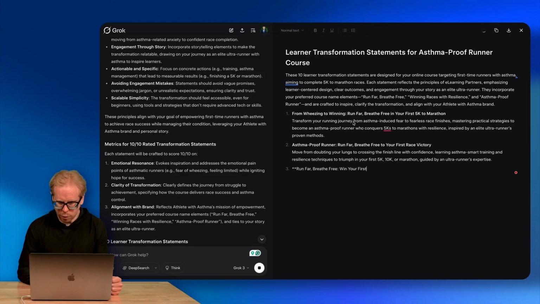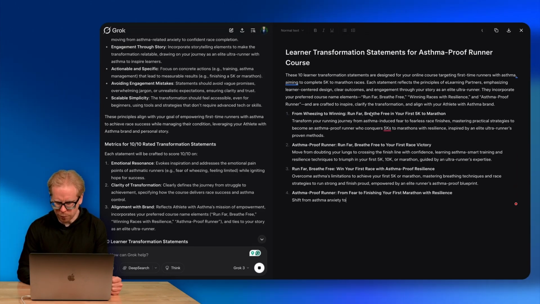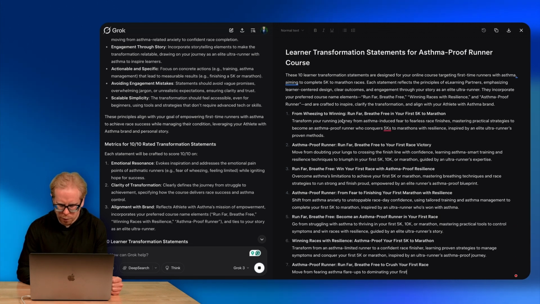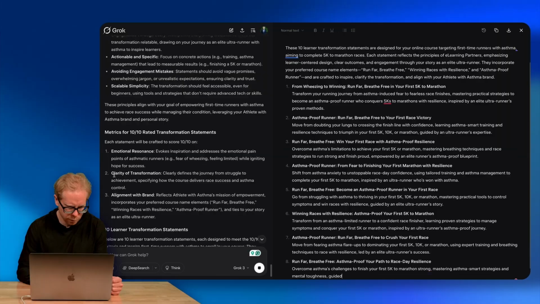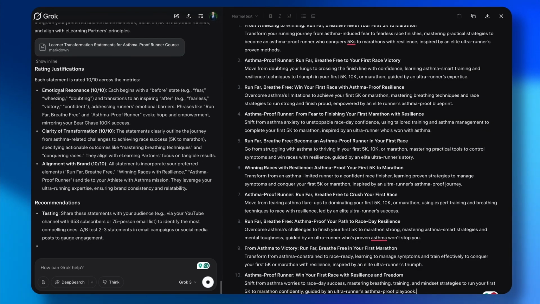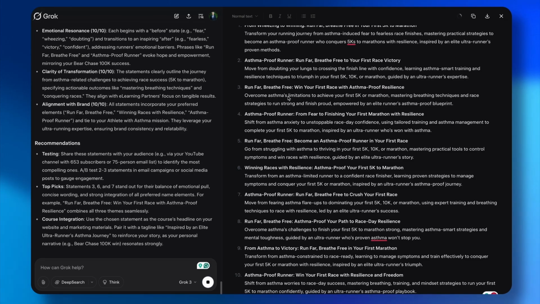From wheezing to winning, run far, breathe free in your first 5K to marathon. Transform your running journey. Learner-centric. Giving us some rating justifications. Run far, overcome asthma's limitations to achieve your first